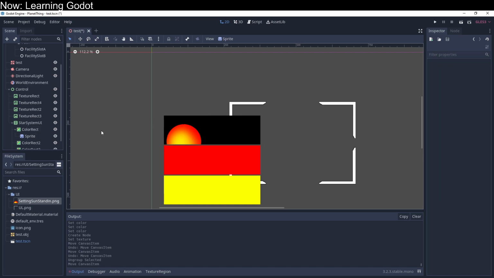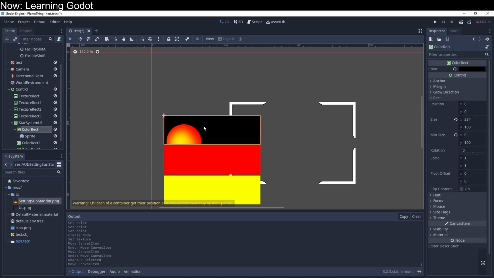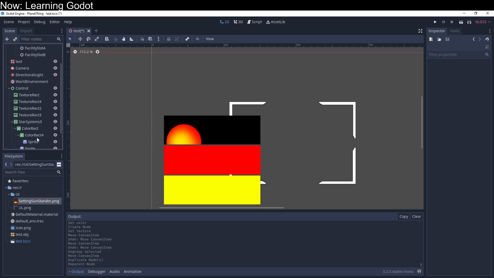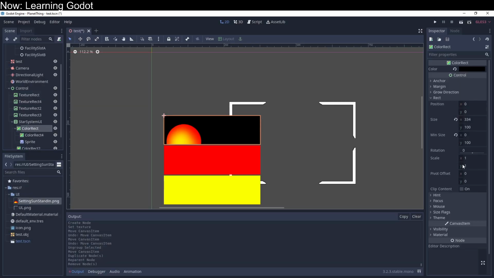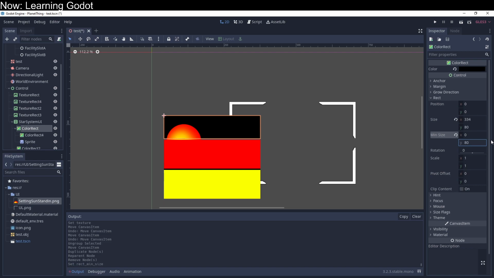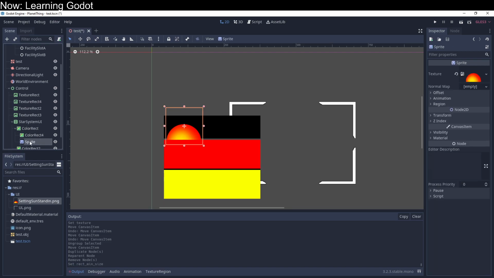So the idea here is that the topmost layer of our basic colony visual will be the setting sun. Now there's a lot of reasons to do that. One of them is it tells you what kind of system you're in, and another is that it backlights the rest of the colony, which can simplify our art assets dramatically. But the idea is that the actual size of this shouldn't be tightly linked to the visual that we're presenting. So this should have like a min size of 80, but these two need to be